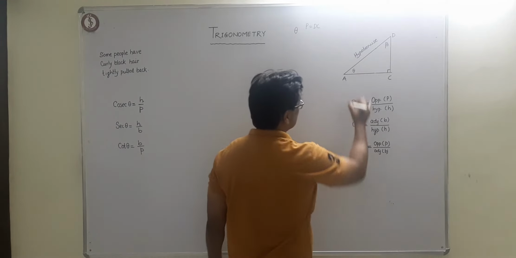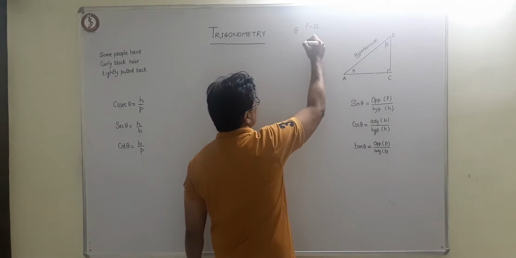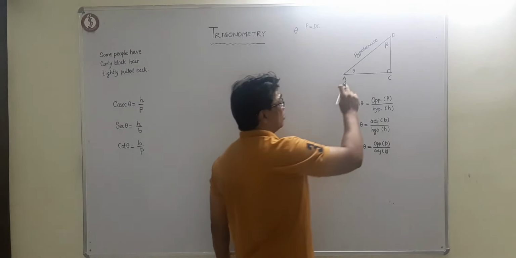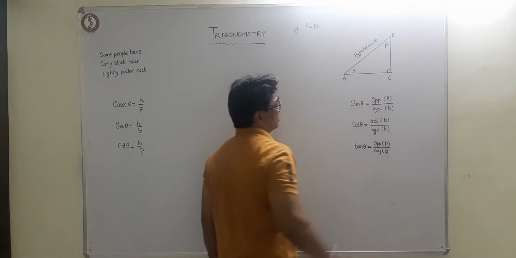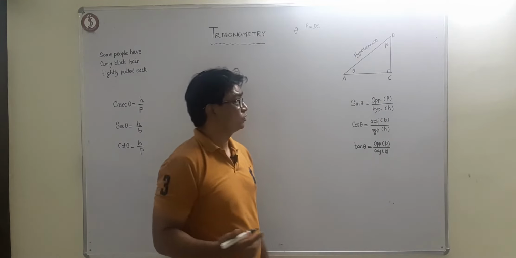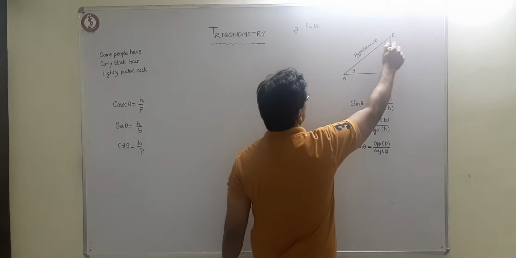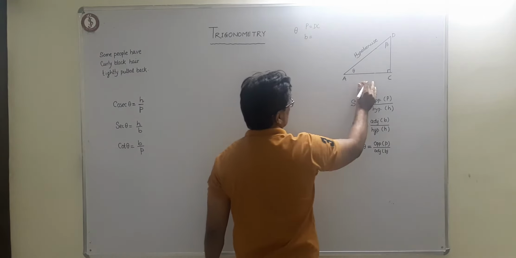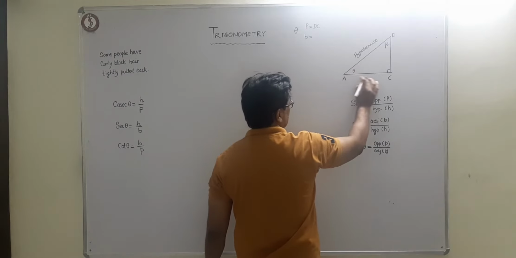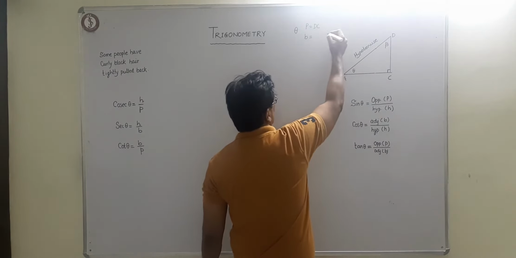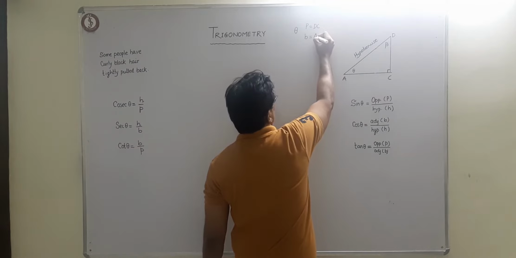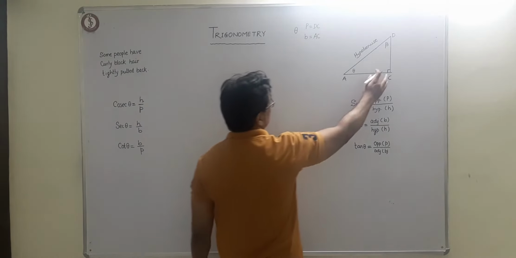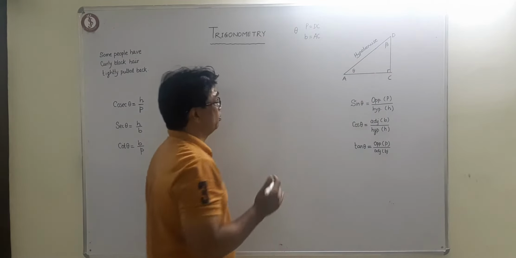And the adjacent side. What is the meaning of perpendicular? Perpendicular is the side opposite to the concerned acute angle. If I say theta, the side opposite to theta is DC, so it is the perpendicular. Base will be the side adjacent to the concerned angle, so this will be AC. And hypotenuse is fixed, the side in front of 90, so we don't have to worry.